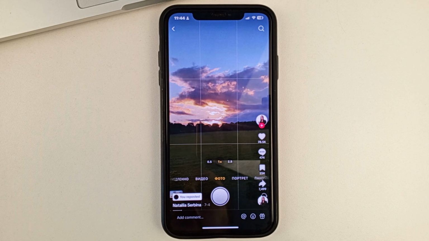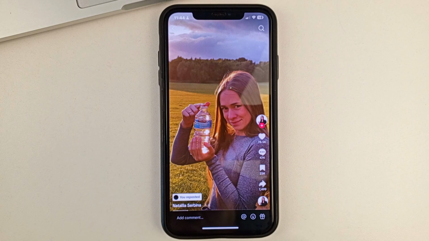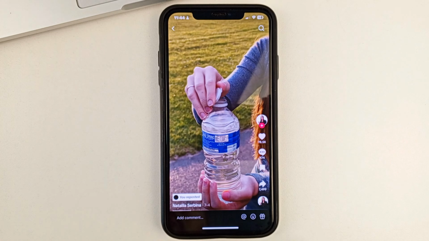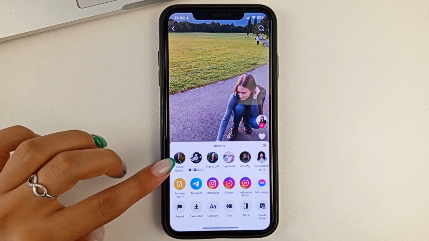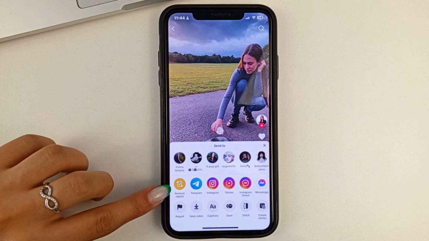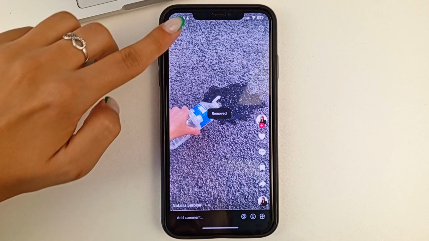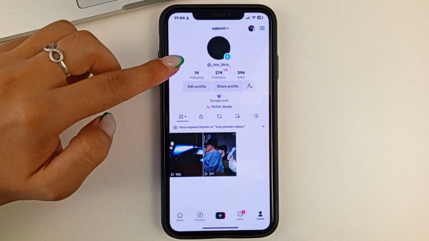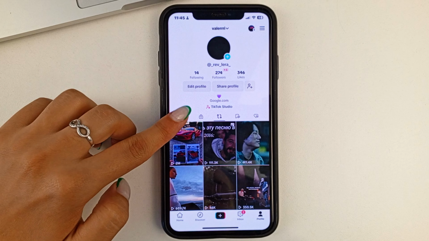And let's say, if you did it by accident, or you're tired of the video, or it's out of date, I'll show you how you can also remove the repost. To do that, you'll need to click on this arrow and click on the 2 Remove from Repost arrows again. And now, friends, when you go back to your reposts, to your pages, you will no longer see this video.